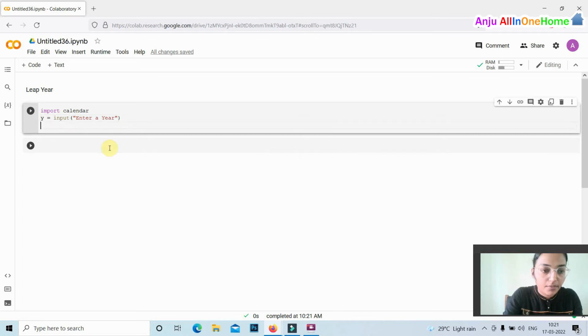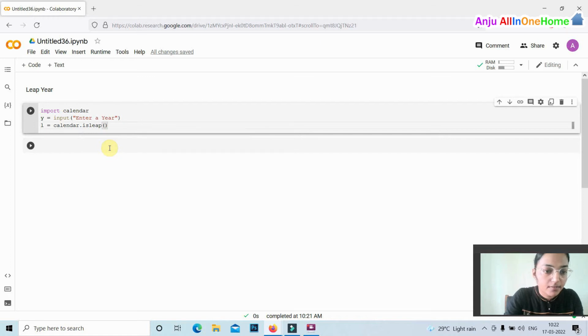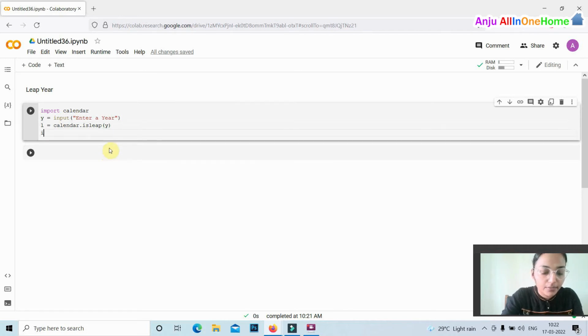Then for checking the leap year, we are assigning the value that is true or false to a variable L equal to calendar dot is leap, that our value y. If y is a leap year, then the value of L will be true, otherwise it will be false. Then if L